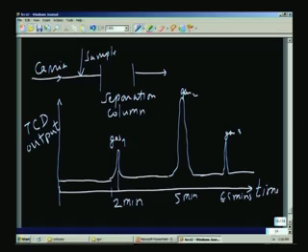If you just look at the peaks, all you know is that these gases are present. If you want to quantify this, then the thermal conductivity of the gas must be known, and how it affects the TCD output must be known, so that we can calibrate with different mixtures, and these mixtures are ready made and available from manufacturers, so that you can use them for